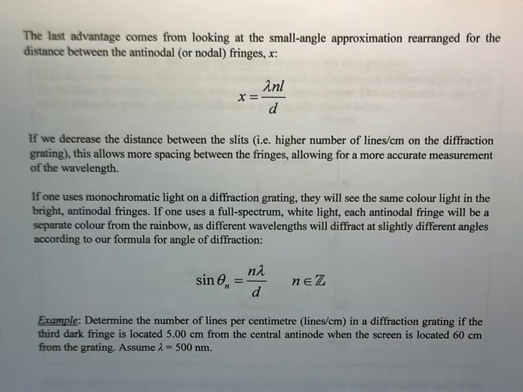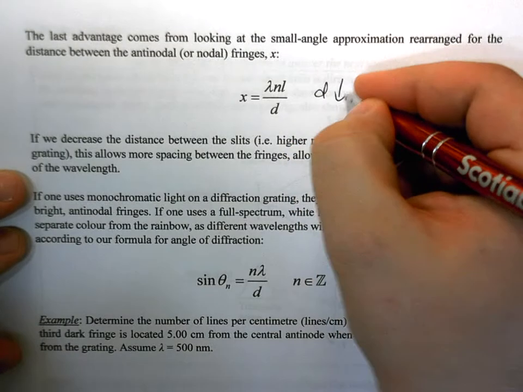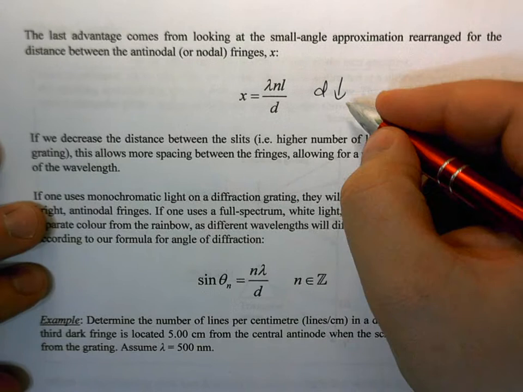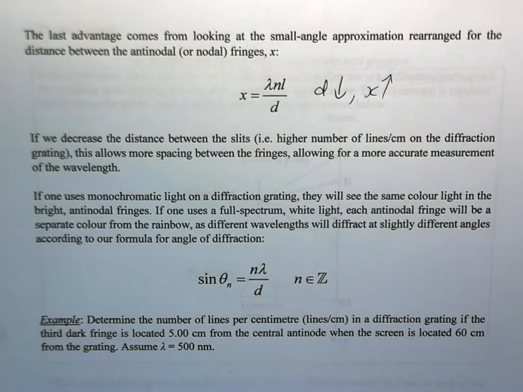And if we want to look at another advantage, we can look at the small angle approximation, and rearrange it for the distance between our fringes, so that x equals lambda nL over d. Now, if we decrease the distance between the slits, this means we have a higher number of slits or lines per centimeter on this diffraction grating. If d goes down, x is going to go up,